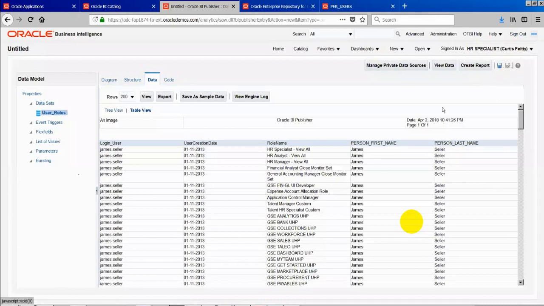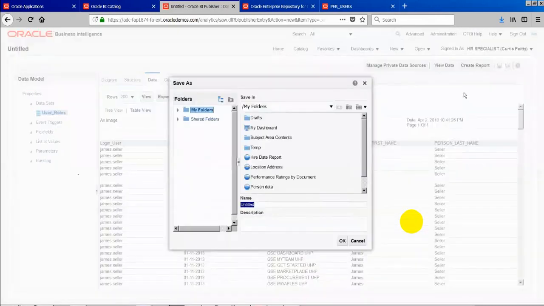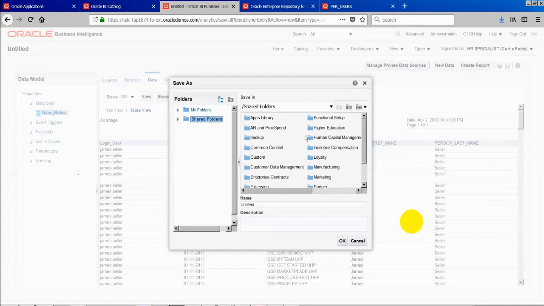I'm saving it. While saving it, as I said, we have a folder structure in the BI server. It is a common structure in every Fusion instance. For whatever shared data is there, you should go to shared folders. In the shared folders, they have a list of predefined folder structure.